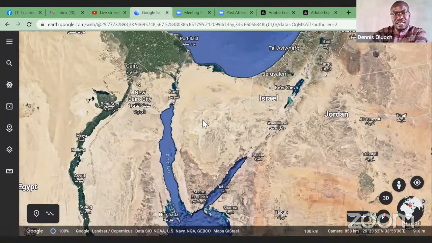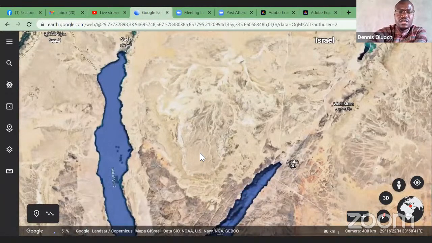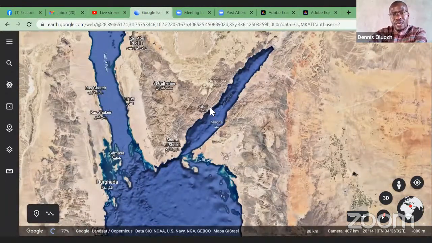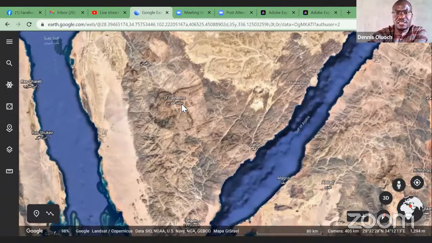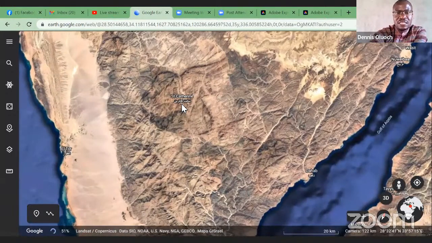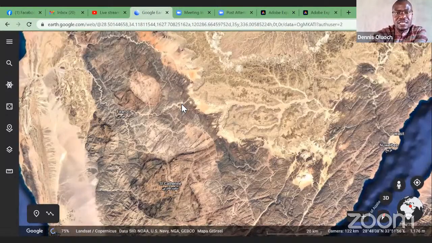So on this other side, this is still Egypt though. You have Sharm el Sheikh. It's a wonderful beach, a wonderful tourist destination for holiday. It's a coastal city. We have Dahab, we have St. Catherine. This is the area where there is Mount Sinai. You can see if I expand, this is just a mountain. You see this area, this is a mountainous area and a big desert.